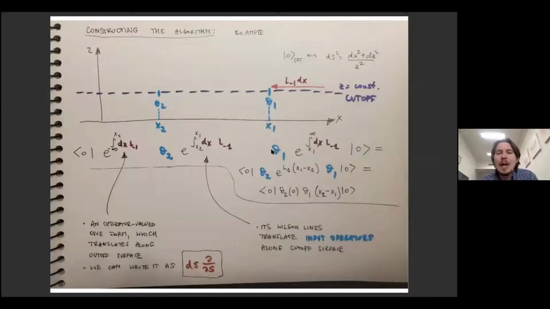And so I'm going to take this operator, and then I will continue traveling along the cutoff surface until I encounter another operator. And I'll continue traveling along the cutoff surface until I end, or until the cutoff surface closes. This was global AdS, or a CFT on a circle. Otherwise, I go to minus infinity. And then I take the bra of the ground state.